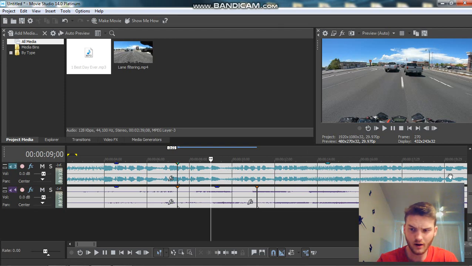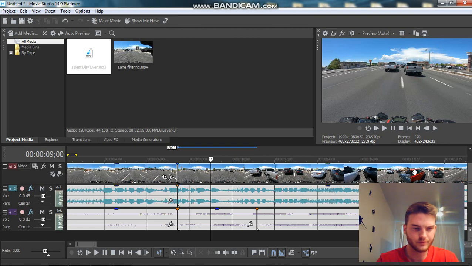Okay, adjusting audio. So you can delete clips of the audio, and let's say you want to cut out a part of your voice recording here and re-record it. You can do that just by how I showed you how to split it and then add the new part in here. But as far as volume control goes, over here to the left in this area, there's the volume decibel control